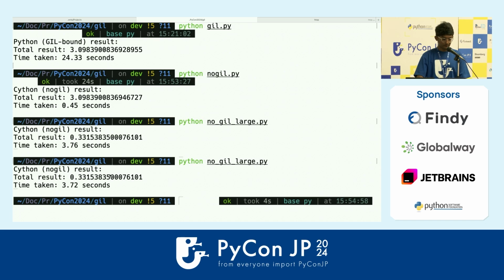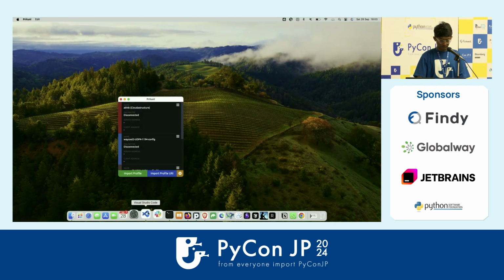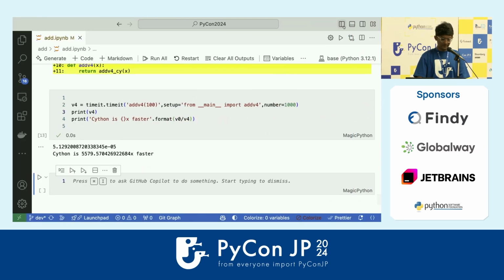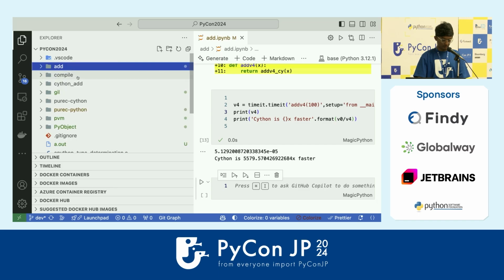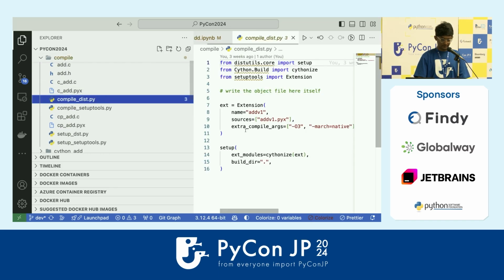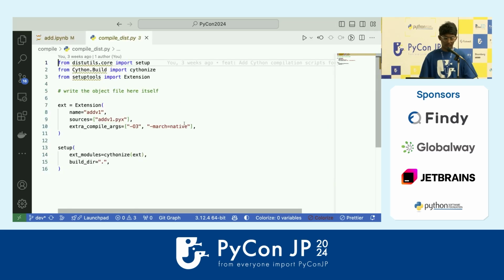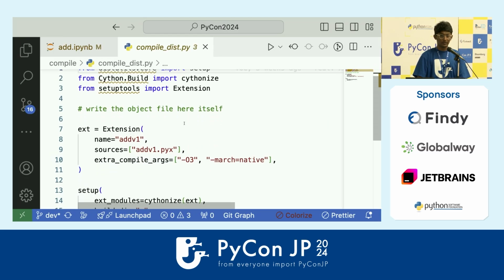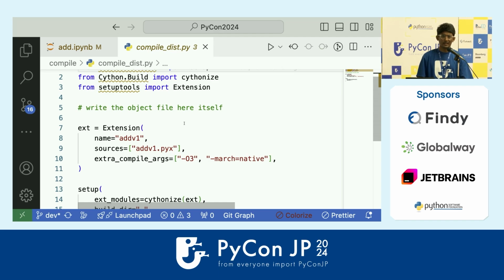Yes. O3, mtune, or... just give me a second. I've added the compilation thing in my Git as well. So yes, you can do it from Python, and you can do it using this, and you can play with the compilation flags, and it is usually independent from what we do in Python. And again, reiterating the fact that compilation over here is usually the harder step than writing the code.